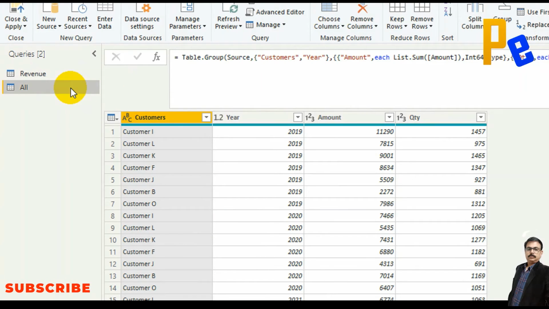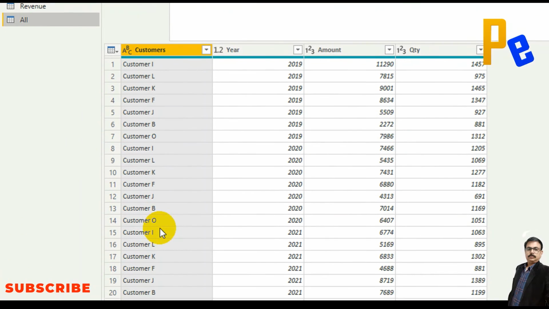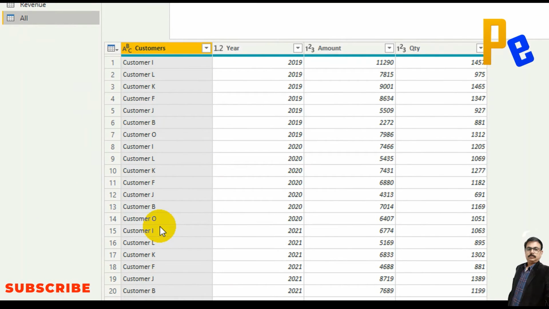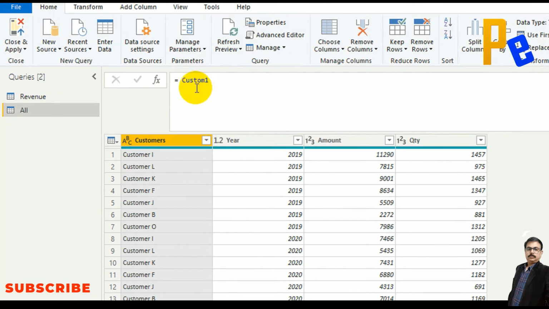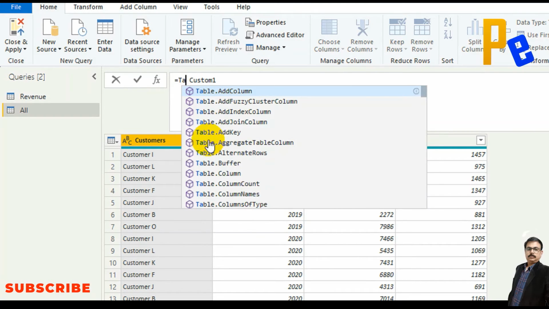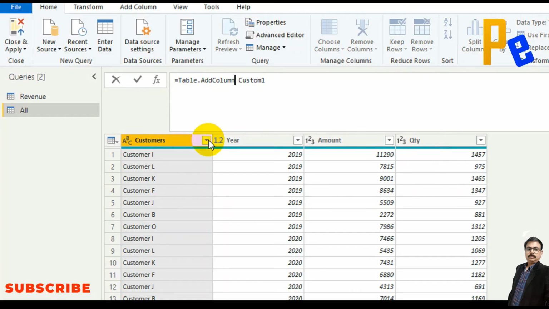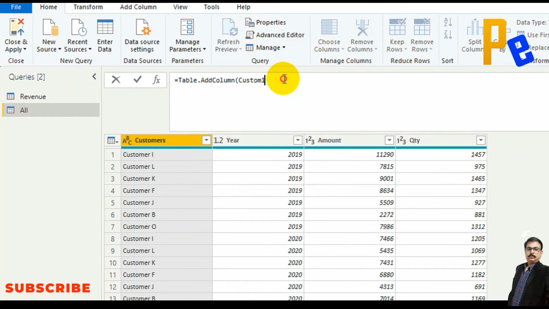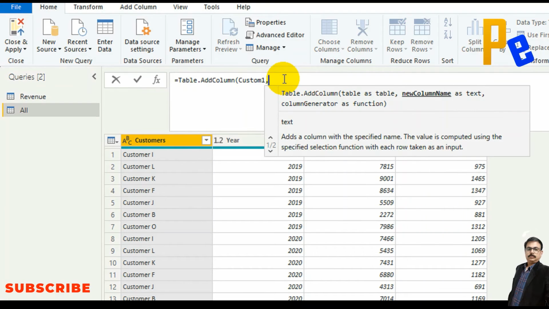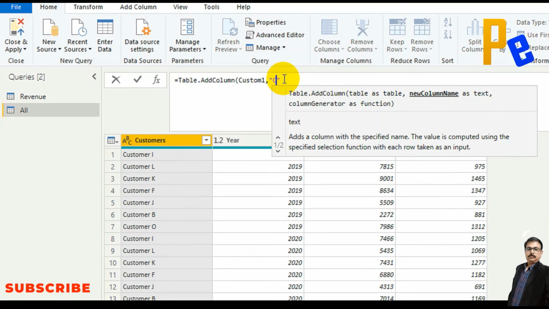Let me go to the main table, the combined or aggregated table. There I need to add another column. For that I need to write another function, a table function. So custom one is the previous step. There Table.AddColumn, and then the column name is, say, countries.